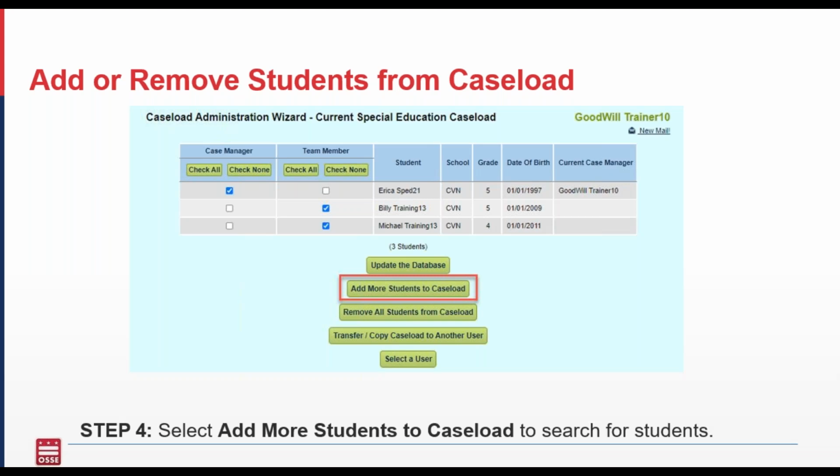So a couple of buttons that you have available for you when you're doing caseload administration. You can remove all students from an individual's caseload and just add whatever students they're going to have this year. Their caseload could have completely changed from the previous year. So in instances like that, you may want to remove all the students and just start adding new students this year. You can also transfer or copy a current caseload from one user to another user, and I'll show you that in just a moment. In the next screen,